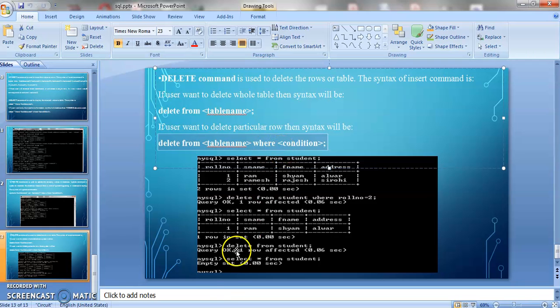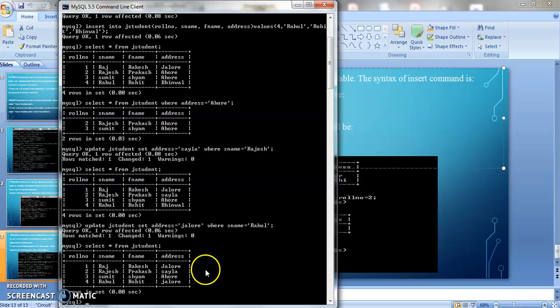Okay, so let's do the practical. Suppose the student named Sumit got transferred to another school, so this data has to be deleted. Sumit, whose roll number is 3, father name is Shyam, and address is Our, has now shifted to a new school, and this data has to be deleted. So I will write delete from table name.